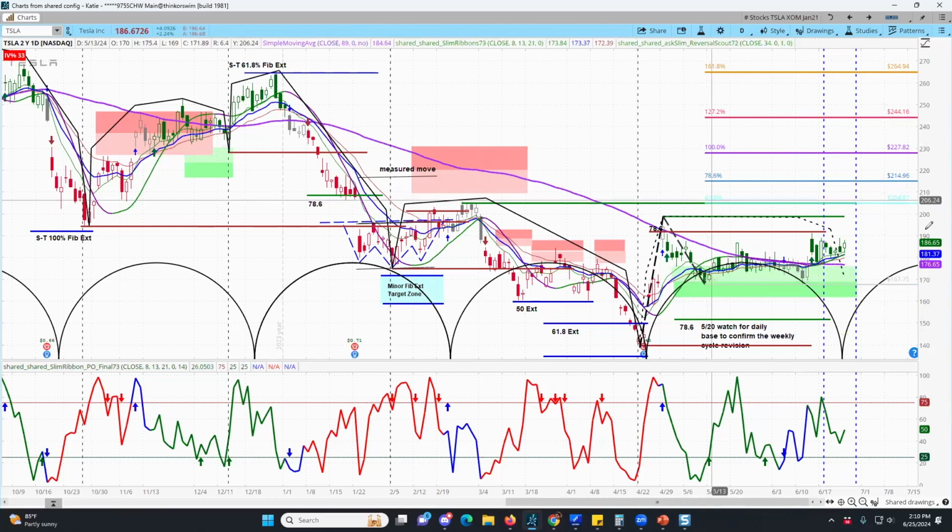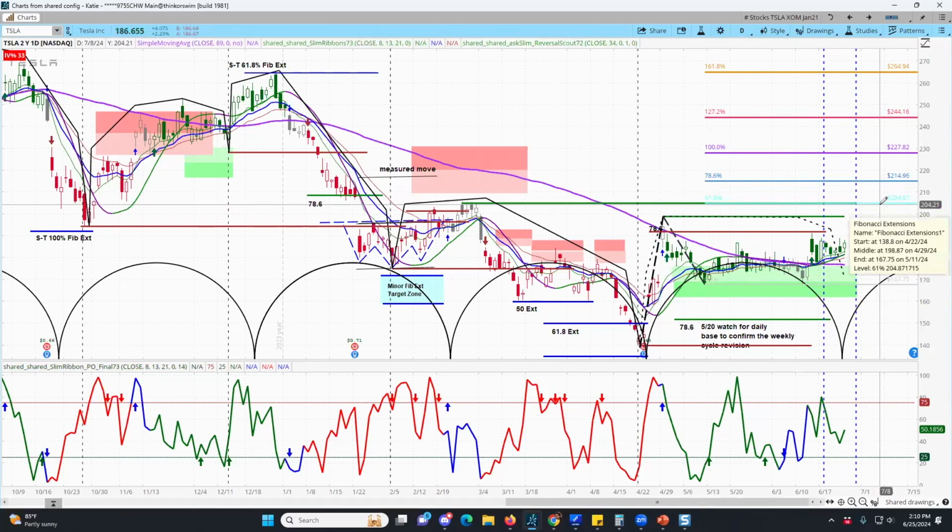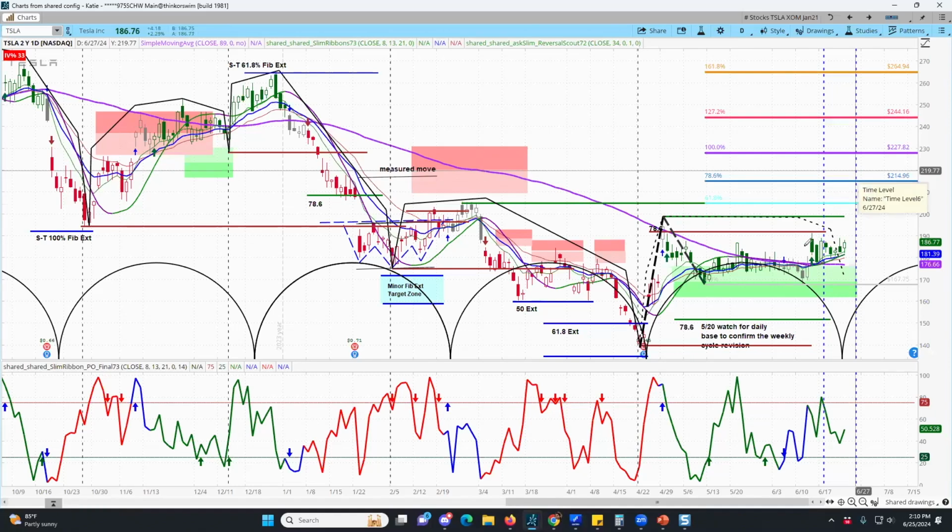So I'm looking at Tesla right now, and in the short term, let's say the next 1 to 3 weeks or so, an upside projection of around 204.85 to 215 would be the upside projection in Tesla. And that is because the structure here, the